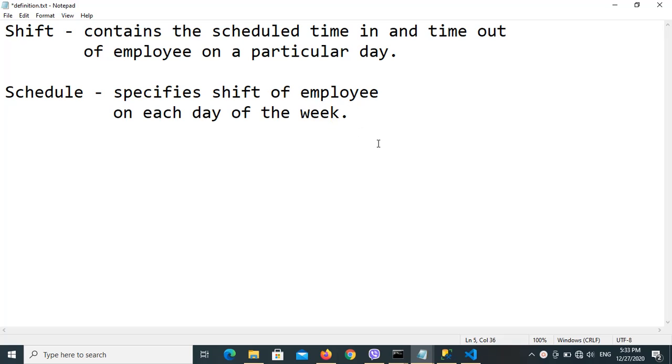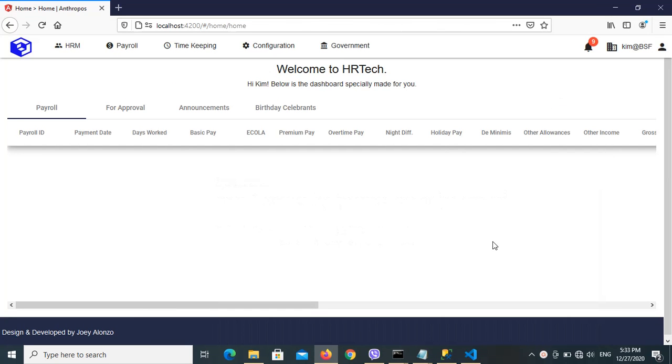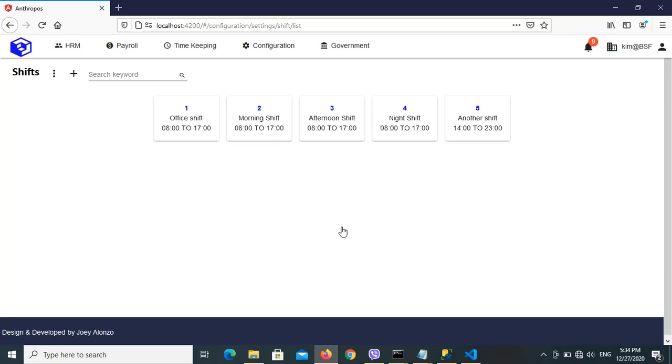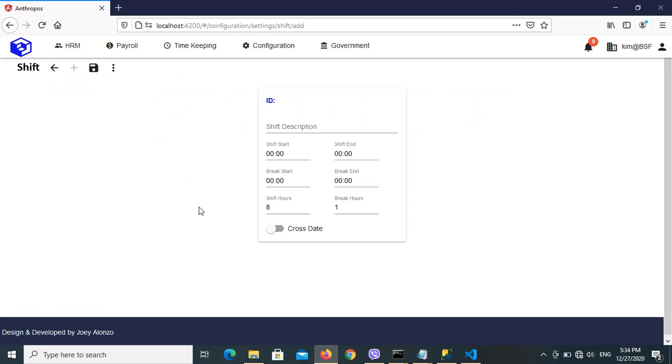Okay, so how do we go to shift? Let us first discuss shift before we go to the schedule. Now, to go to the shift, all you have to do is go to configuration, settings, and then shift. Here it will display all the shifts that were already entered in the system. To create a new shift, all you have to do is click this add new record, and then